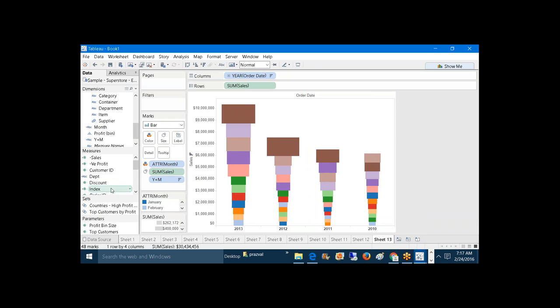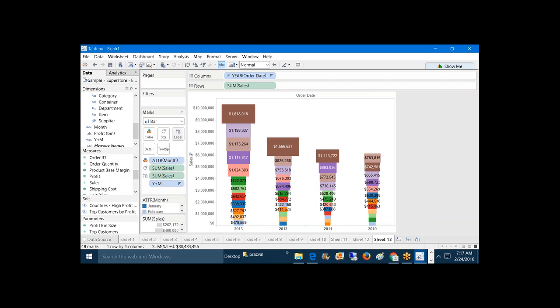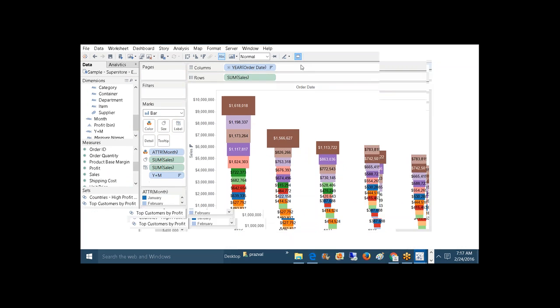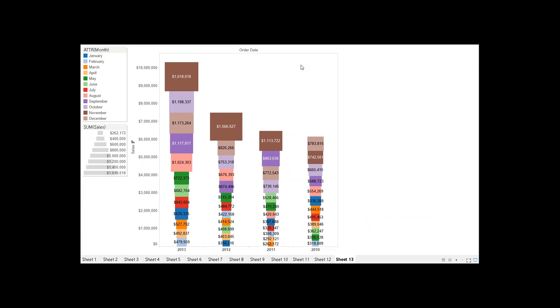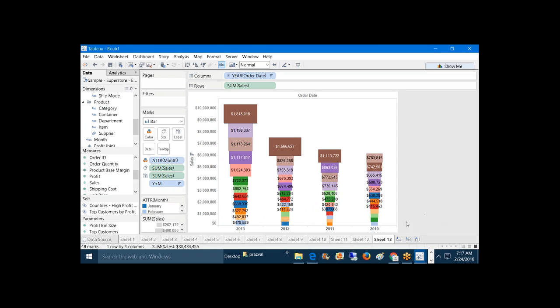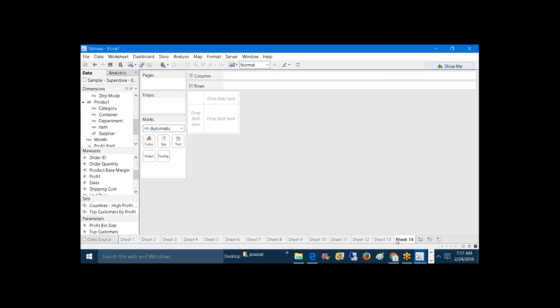Now just take the sales, drop it into label. Here we are seeing the labels for all the months. Okay, so in this way we can able to build the funnel chart. So then how to build the advanced funnel chart? So if you want to build the advanced funnel chart,